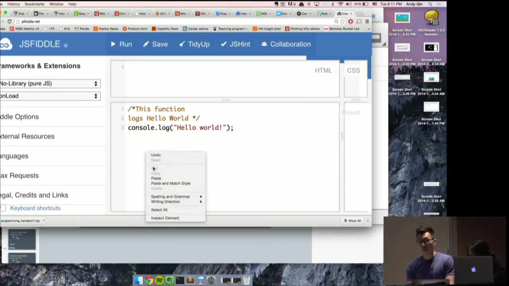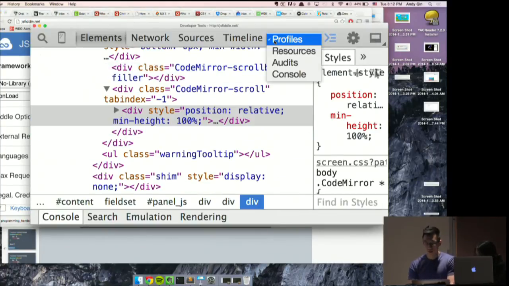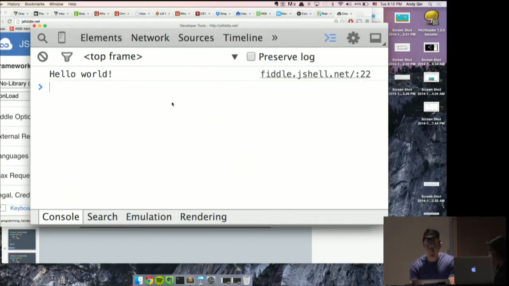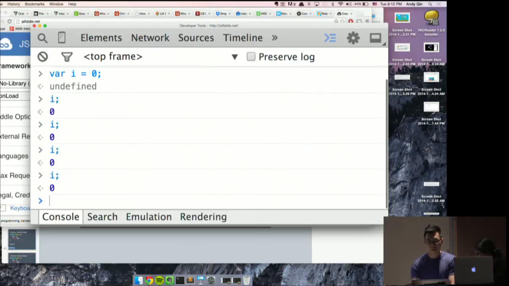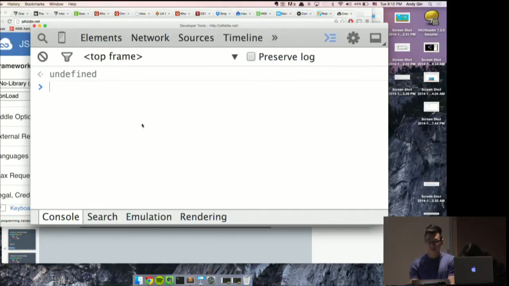One final thing before we go on our break: we were on the console and things get really long. Let's say var i equals 0, and then you just keep printing i. Then we want to clear it, to start from the top again with a fresh page. We can just do clear like that, and it clears it, so that you can see where you are right now instead of seeing the history of everything you've done.